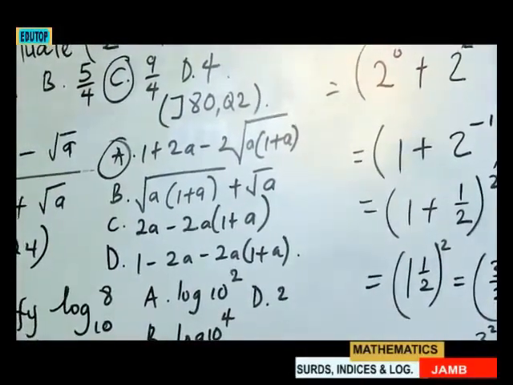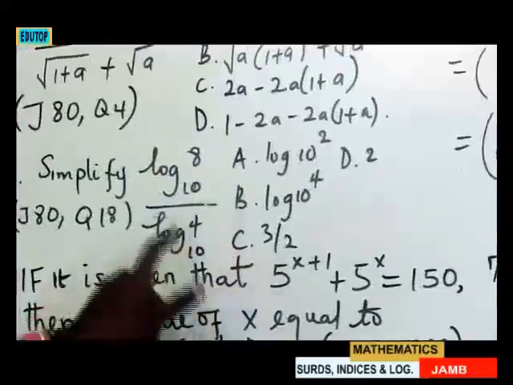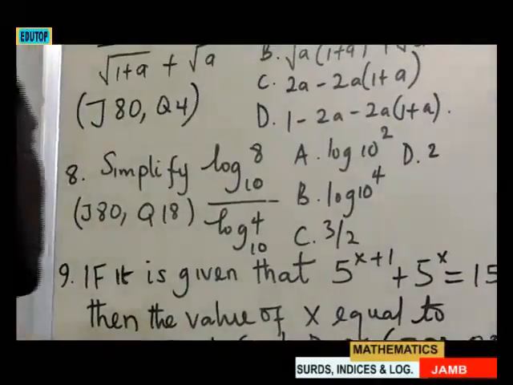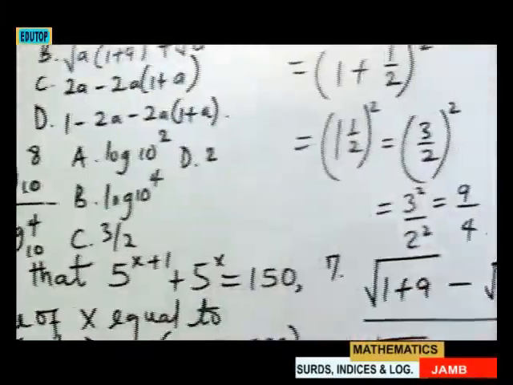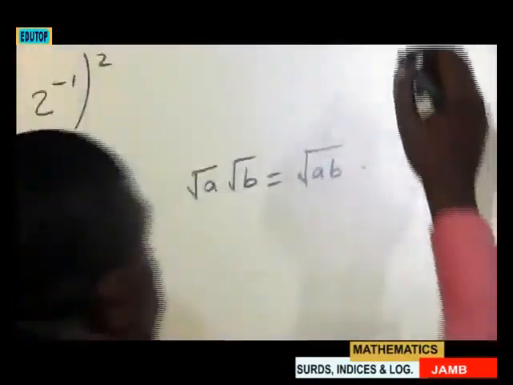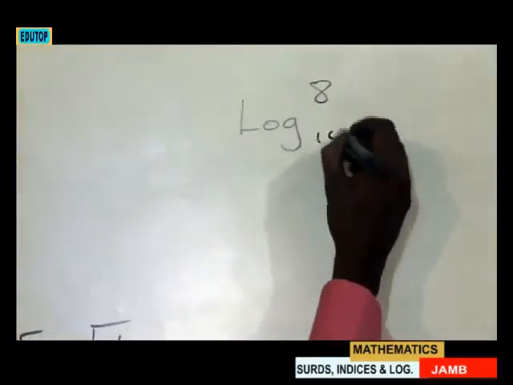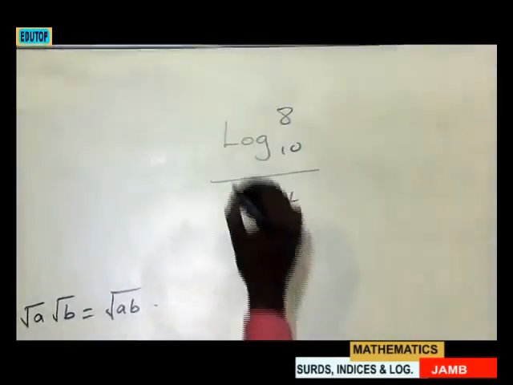Then the next one says: simplify log 8 base 10 divided by log 4 base 10. This question is also from JAMB 1980, question number 18. So here we have to simplify log 8 base 10 divided by log 4 base 10. In this situation,